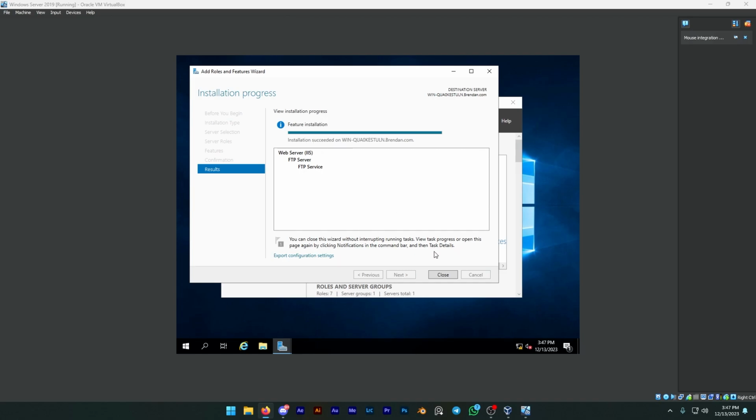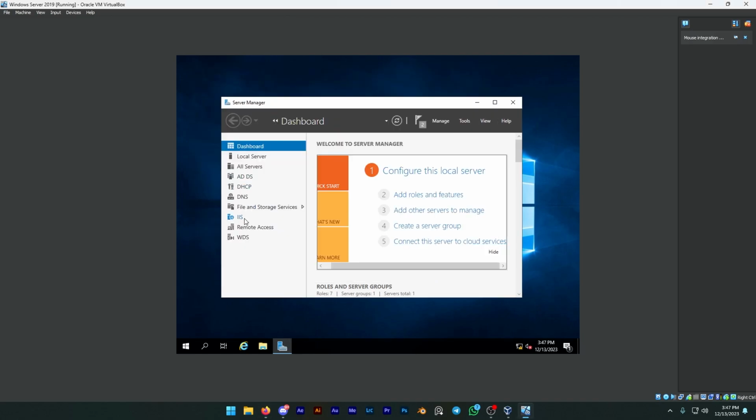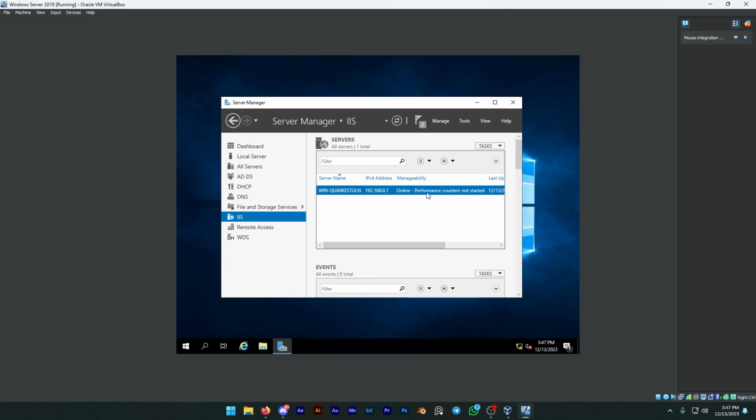And there you go, the feature has been installed, and that is it. You can click on the IIS just to make sure everything is working. As you can see, it's online,